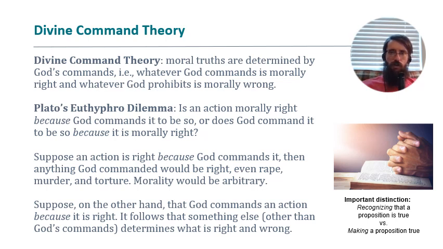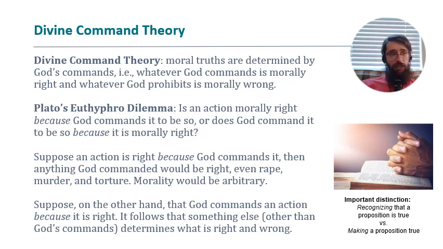So the question raised by the Euthyphro dilemma is, does God just recognize the truth of what's right and what's wrong? Or does God make truths about what's right and wrong true? Right? So is God a truth recognizer of morality or a truth maker for morality? And what the Euthyphro dilemma shows is that if God is a truth maker for morality, then morality is totally arbitrary. Anything at all could be right or wrong. You just need God to command it to be so. Right? So that seems to be a worry for divine command theory. It doesn't seem like morality is just this totally arbitrary thing. It seems like there are reasons for thinking that some actions are right and other things are wrong.